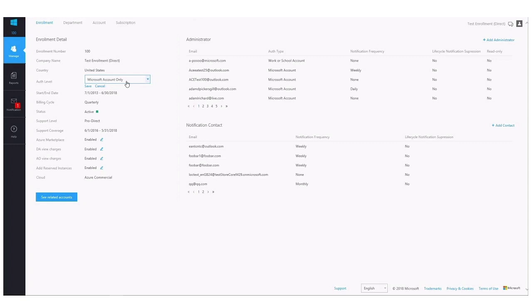Now, the key here is that those Microsoft accounts sit outside of your company. They're managed by each individual user. The alternative would be what we call work or school accounts. These work or school accounts must be available in the cloud through Azure Active Directory. An Office 365 email address, for example, is in the Azure Active Directory, or AAD.